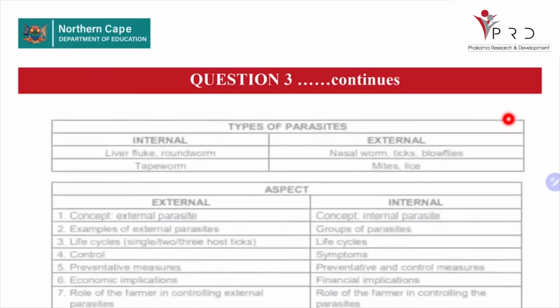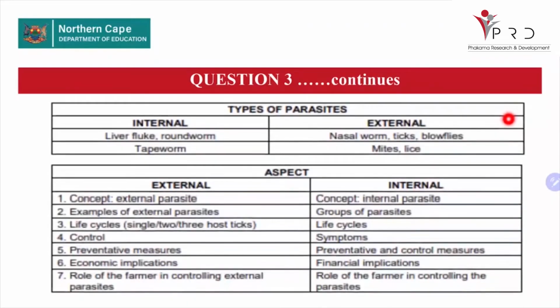We are still on question 3. Types of parasites. We are looking at 2, the internal and external. Internal parasites, we refer to them as endoparasites. Endo means inside, internal. And external parasites, we refer to them as